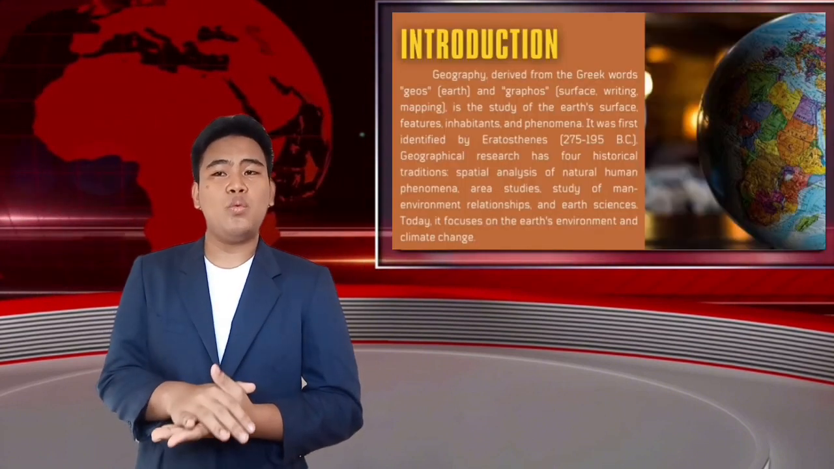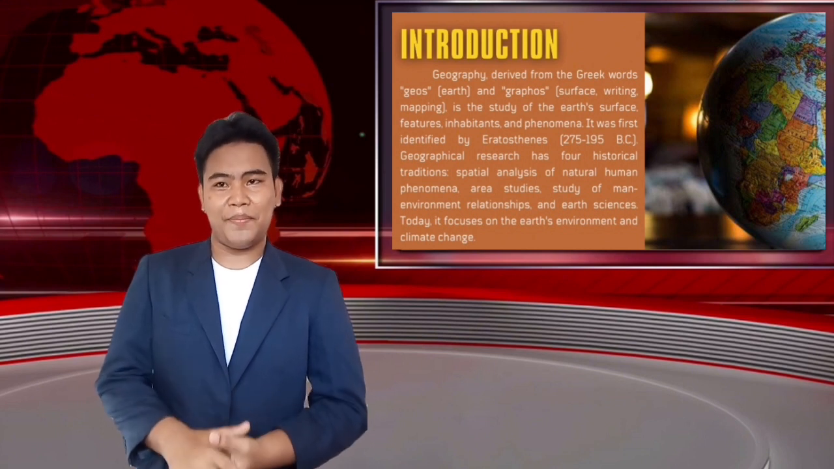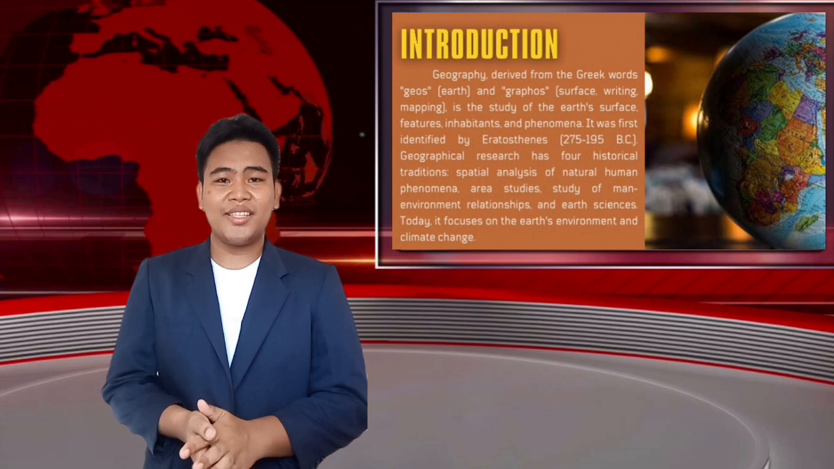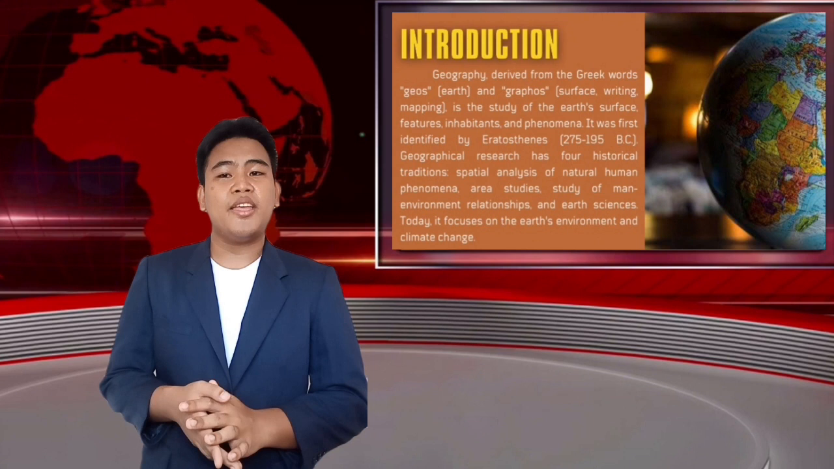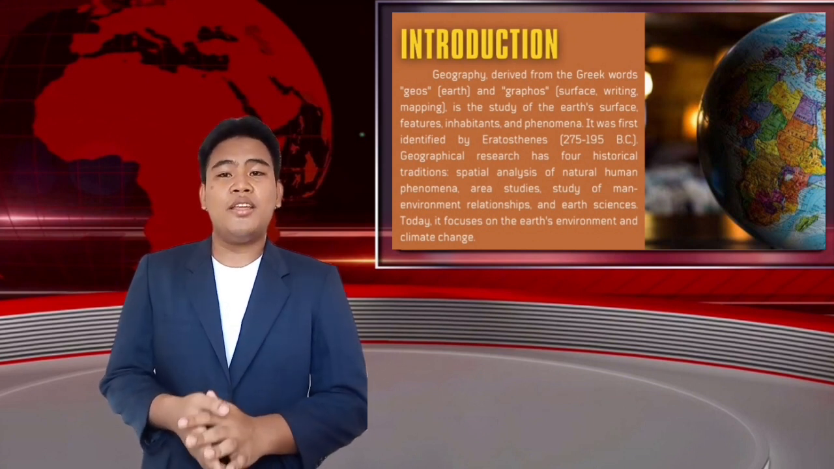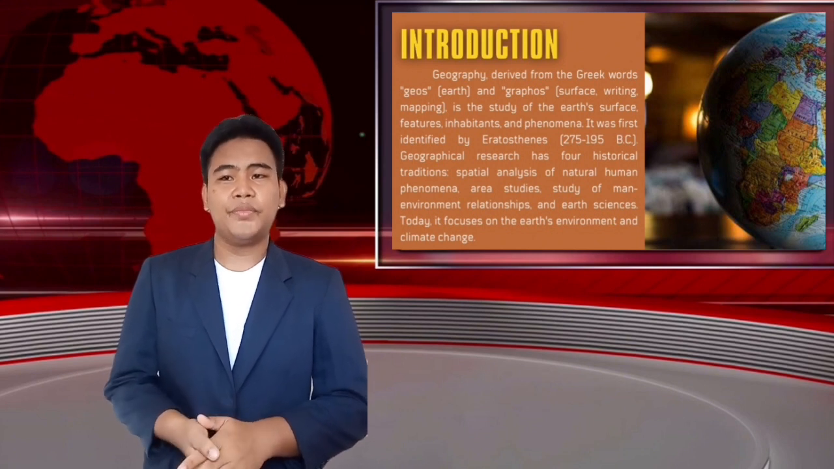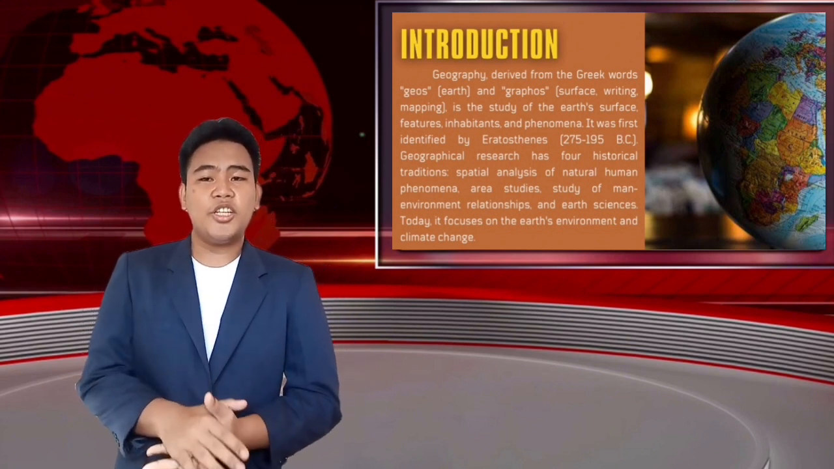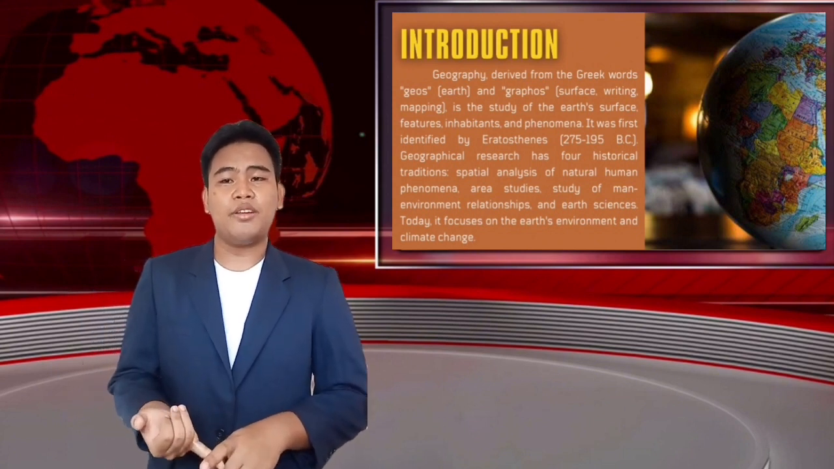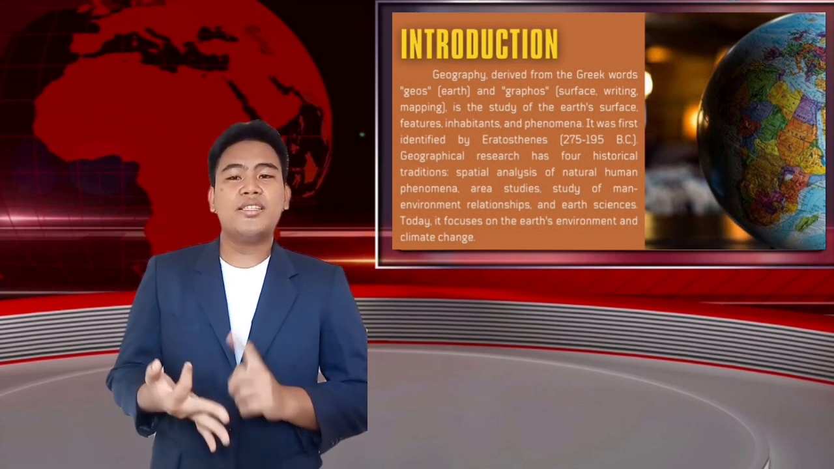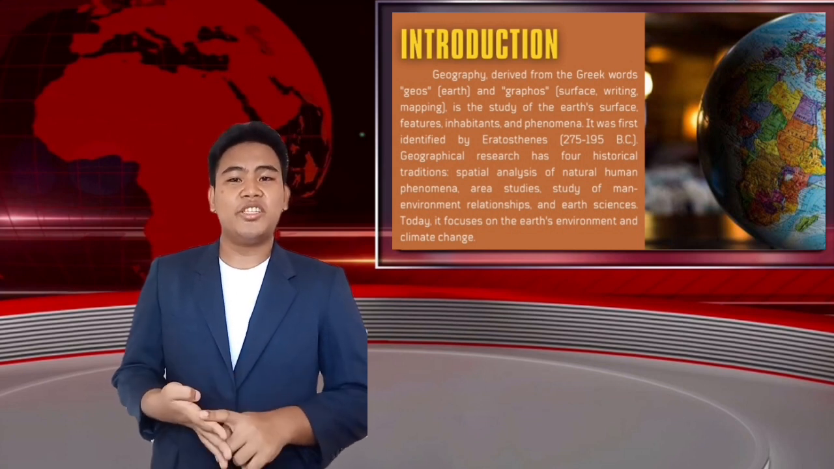Geography derived from the Greek words geos, meaning earth, and graphos, meaning surface, writing, or mapping. It is the study of the Earth's surface, features, inhabitants, and phenomena. It was first identified by Eratosthenes in 175 to 195 BC. Geographical research has four historical traditions: spatial analysis of natural human phenomena, area studies, study of man-environment relationships, and earth